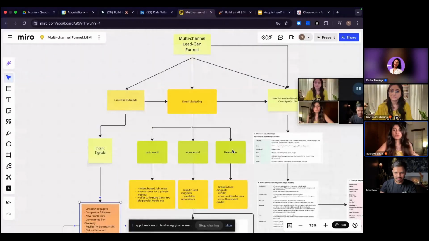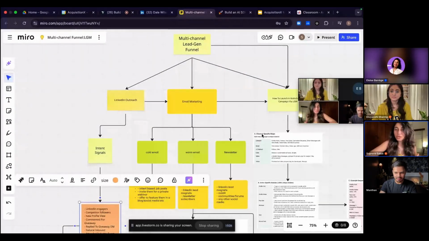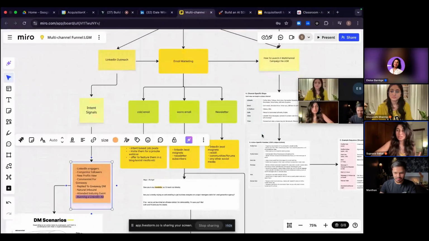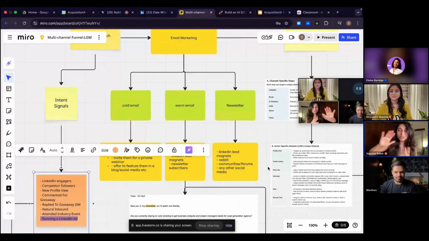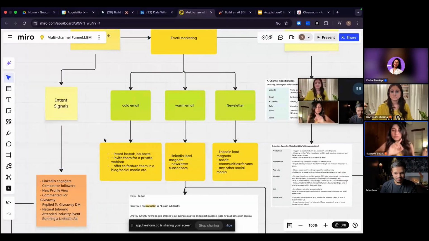Yeah, so the second thing that you can do is email marketing. Now, when it comes to email marketing, there are three segments: cold email, warm email, and newsletter, right? I'm pretty sure you must have heard about cold email, warm email, and newsletter also. And I'm going to break some myths today. So yeah, stay tuned. Now, when it comes to cold email, same things we are going to do.